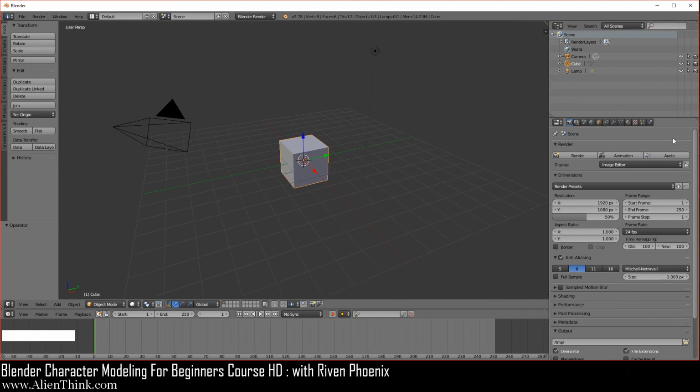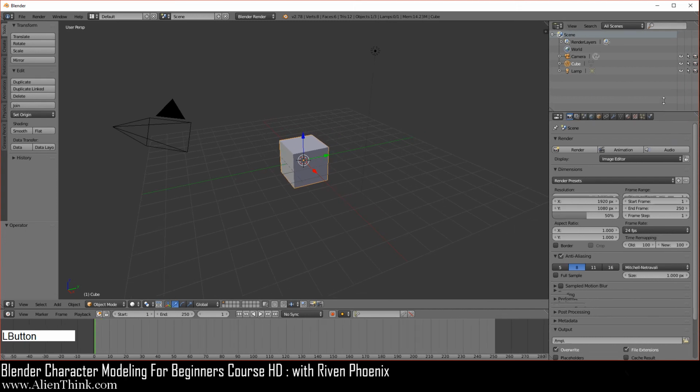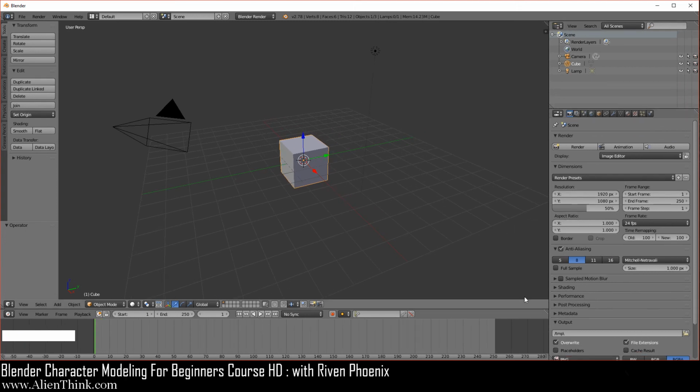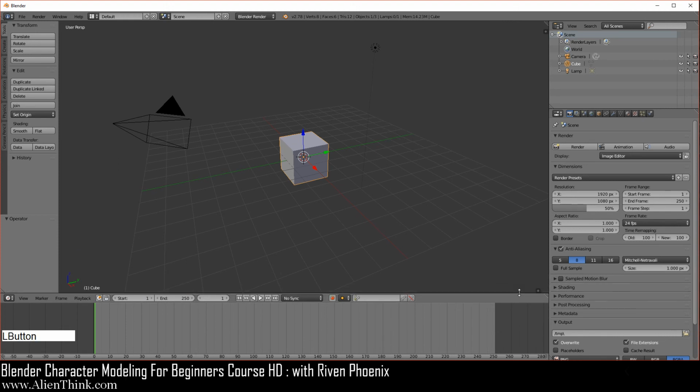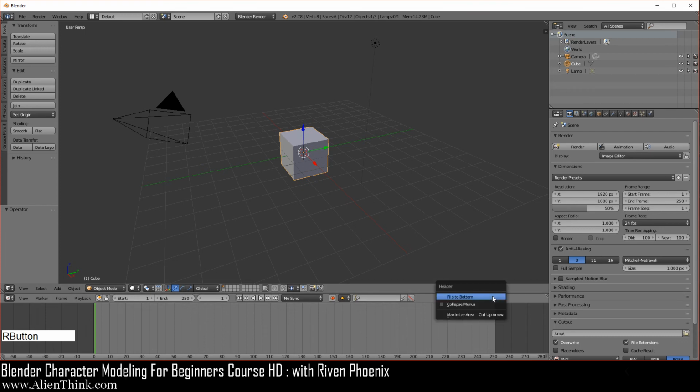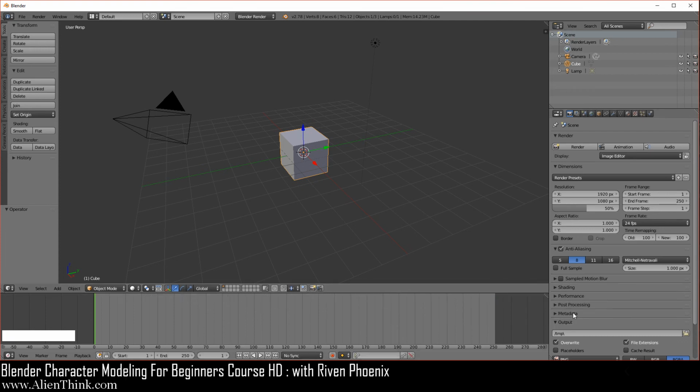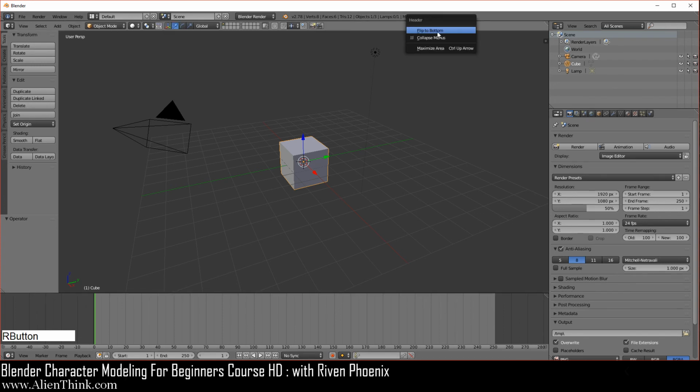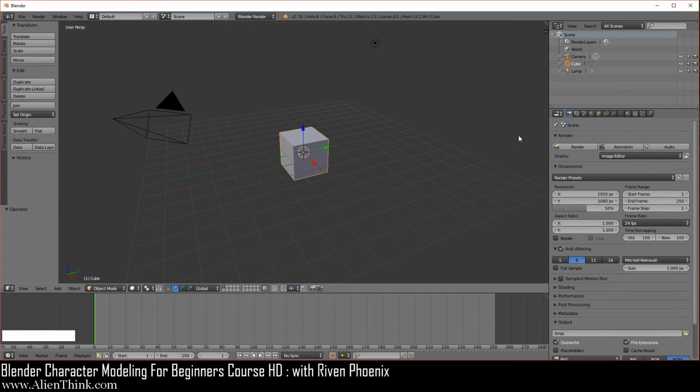You can resize this over here, resize this over here, and then resize this here in the middle, right? If you click this, it'll just go like this. So let's just put this back to the bottom. Now, it's highly recommended when you're working with Blender not to mess around with these, right? Don't flip them to the top. Just keep them exactly the way they are, because it makes learning Blender much faster.